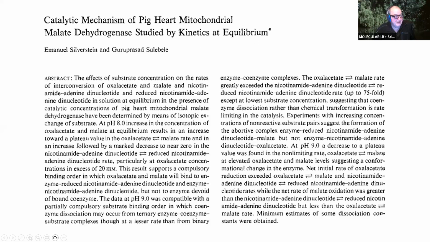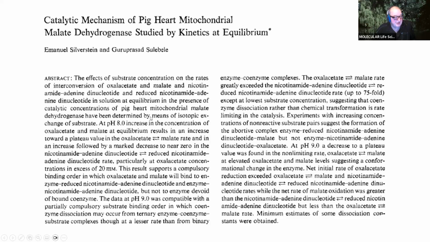There are a few practitioners of this, and it's isotope exchange kinetics at equilibrium. So this isn't an initial rate dependence. They measure isotope exchange. So for instance, they put an isotope in oxaloacetate that's going to show up in malate, or NAD that's going to show up in NADH,